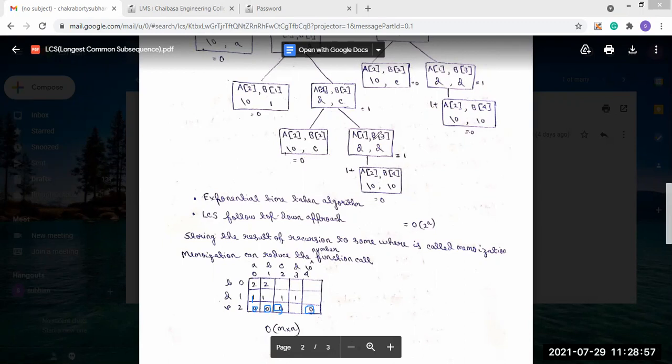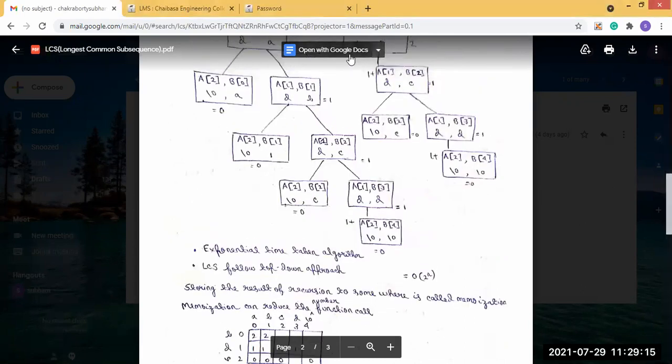Once we put the values, there is no need to put the values of the other operations on the different branches. We have seen that the same operations are performed 2 times.